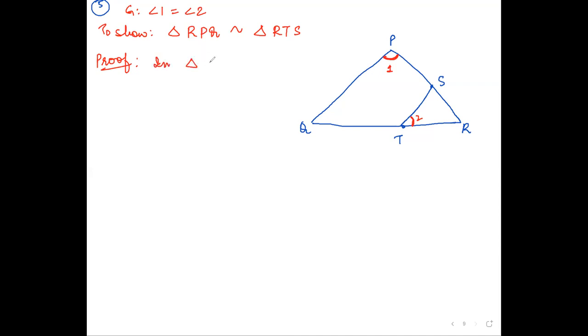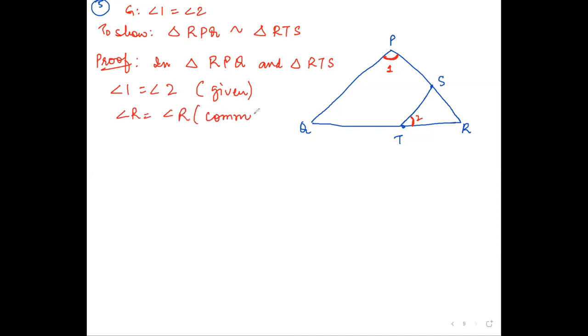So let's start that in triangle RPQ and triangle RTS. Right now you can see, in both the triangles, angle 1 is equal to angle 2, which is given. So one angle is equal. Now angle R is common. So angle R is equal to angle R, which is common in both. So two angles are equal. I can use AA criteria. So ultimately the third one is going to be equal. Yes, ma'am. So by AA similarity criteria,